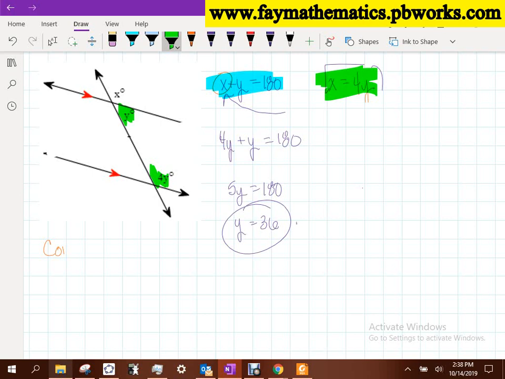So when you get a relationship that you know is absolutely true and it generates an equation, keep that equation. Whether you use it right away or not, eventually you're probably going to come back to it and use it. So then if y is 36, plug it in here or there, x, like Skylar told us, will be 144. Okay? And you should be able to go in your picture and say, okay, x and y had to be a linear pair, so 144 plus 36 does give me 180. And all those relationships that we know should exist do exist with those values.